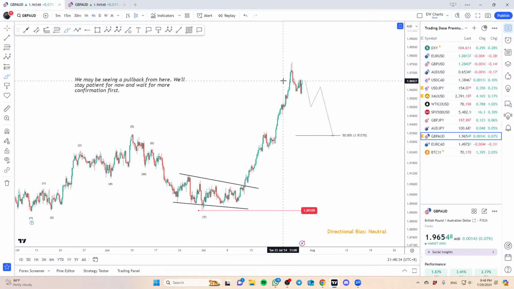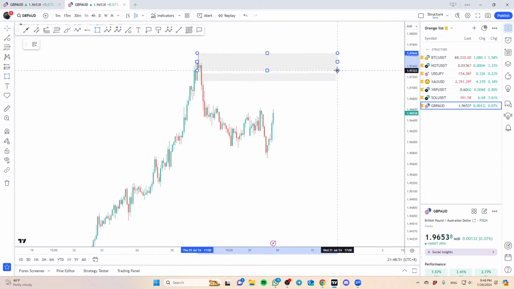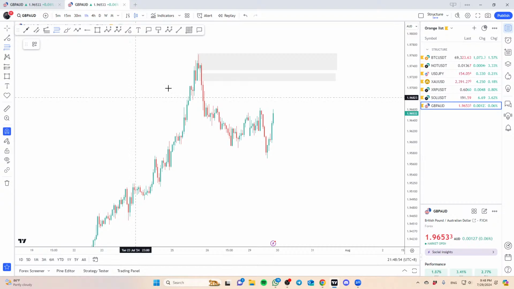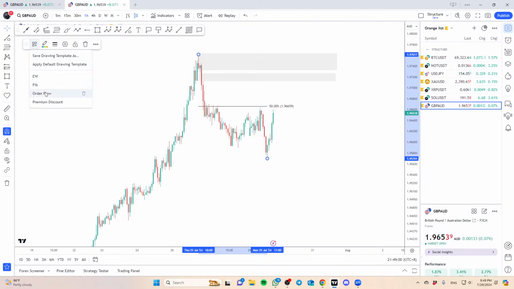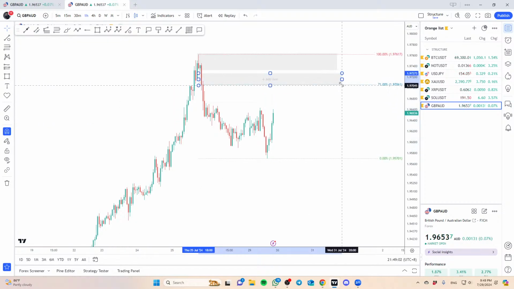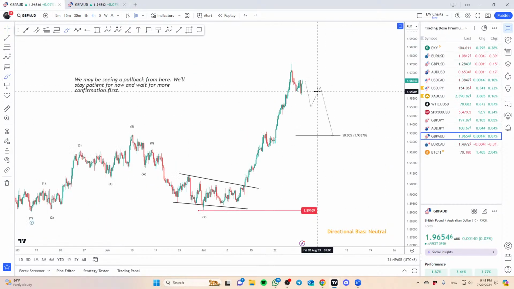The momentum to the upside is very strong. So if you're going to look to trade the pullback, kind of a counter trend, I'm just going to be a little bit cautious on the Pound Aussie. But of course, if you look at order flow perspective, we do have the fair value gap there. We do have this as a potential supply zone as well. If you take in a little bit of Fibonacci confluence, we do have something right around that 71 over here. But as I mentioned, this is something that I may not want to pay too much attention to as of now. But depending on how the market is going to evolve moving forward, I might come back to it.